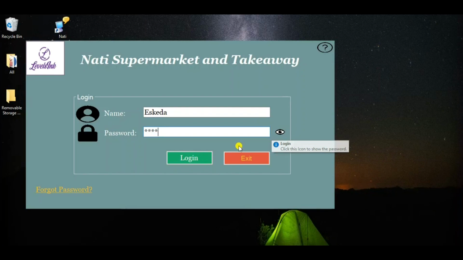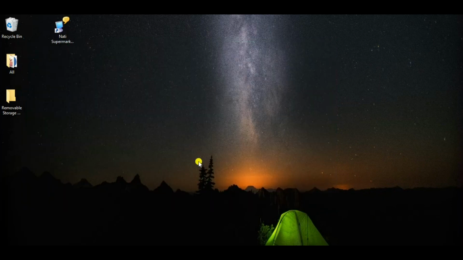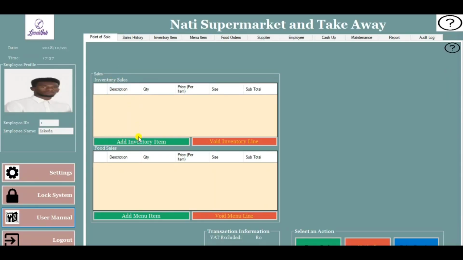Once you feel like the password correlates with his or her employee's name, you can click on the green login button. This will prompt another screen which will take you to the point of sale system, where a sale is made. Once the screen has opened up,